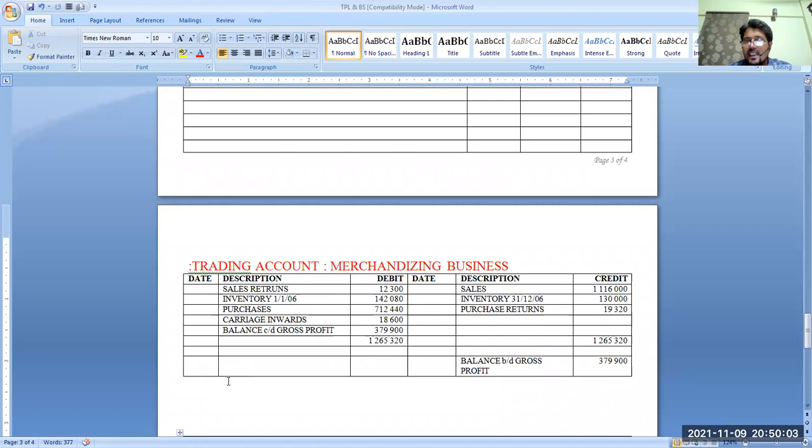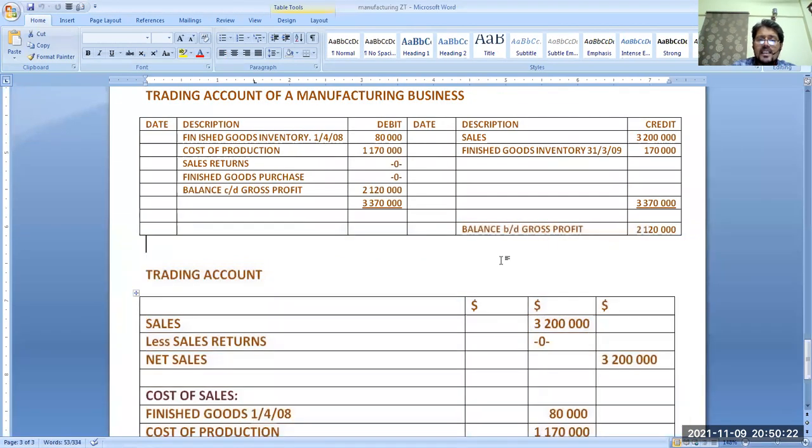So the profit and loss account is the same for a merchandising business or a manufacturing business. Are you getting my point? Even in, let's say, a manufacturing business. Okay. Now I'm going to share something new. Now this was our manufacturing business. Even the profit and loss account has nothing special for manufacturing. It's the same as merchandising.